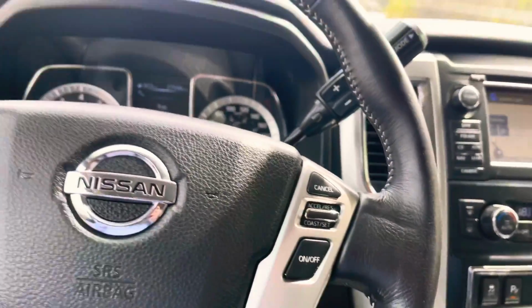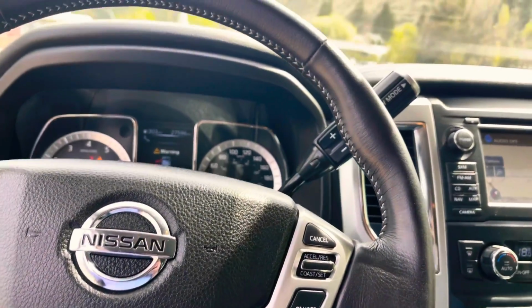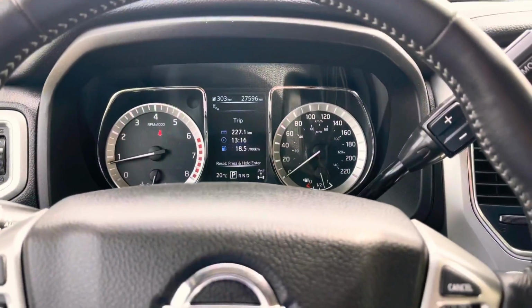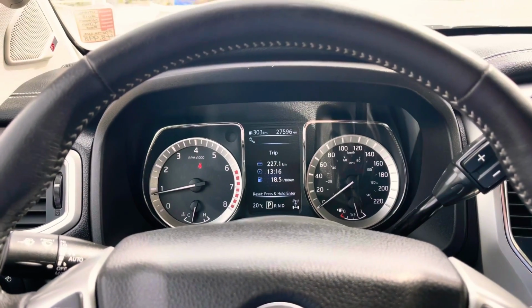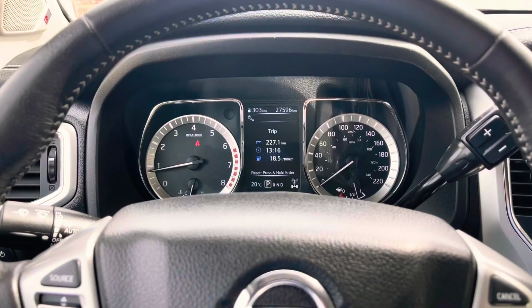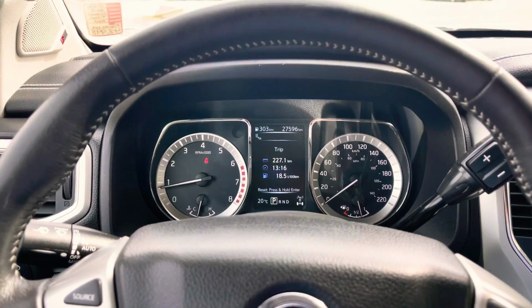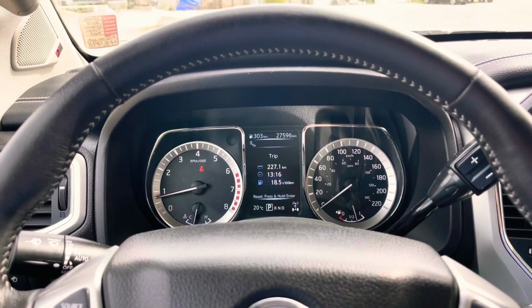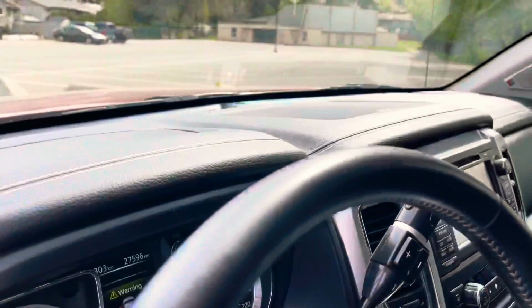Got all the normal stuff from cruise control, kind of like Bluetooth, streaming. We also have Nissan zero gravity front seats and back seats, which are an awesome feature. They basically make you sit as if you're in zero gravity, and they alleviate fatigue and tiredness when you're driving along. I think they're one of the best seats kind of out there, so definitely one that's worth coming to have a look at. And if I just step outside again,